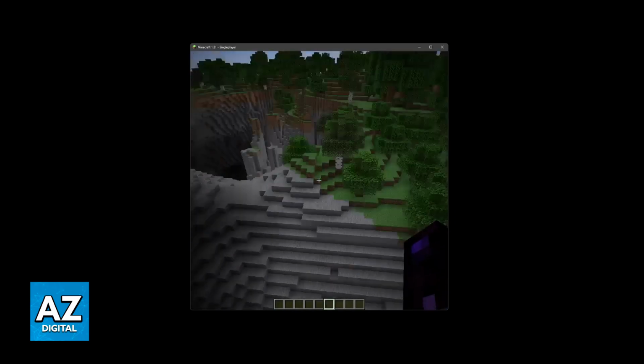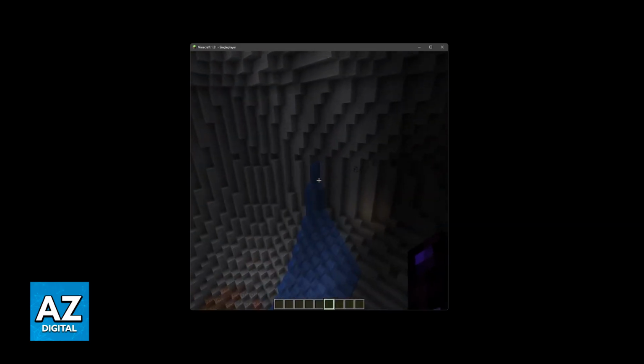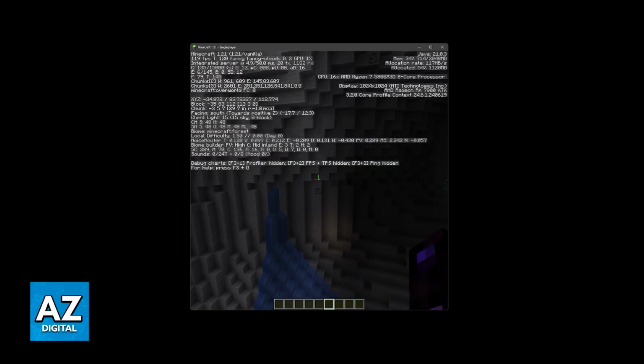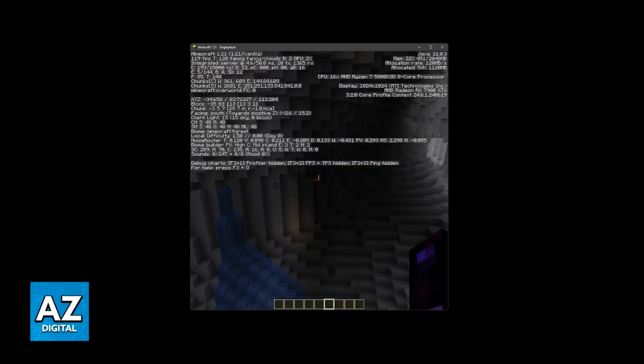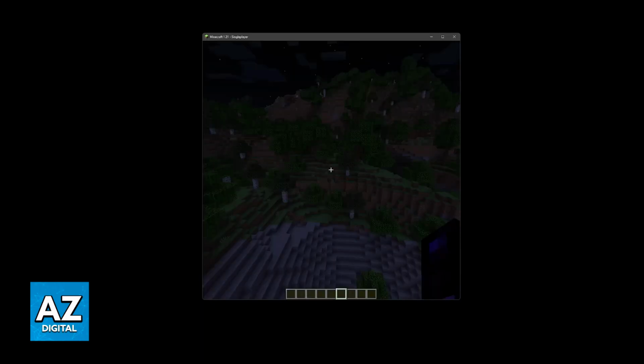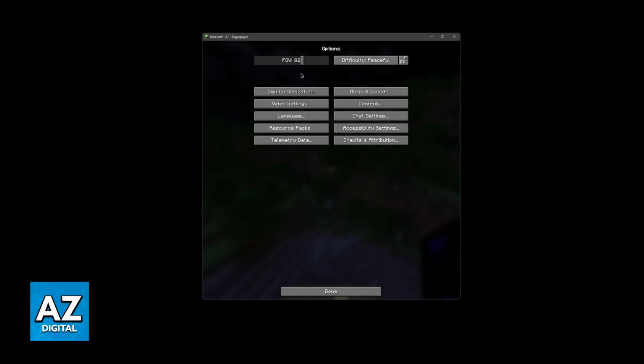Now what you have to do is go ahead and join a world where you will be taking the screenshots to set up your custom background. So I'm gonna take some screenshots in this exact location. So press F3 to see your coordinates, and now let's center ourselves. To do this, you will need to TP yourself to the exact middle of your coordinates where you want to center the screenshot around.